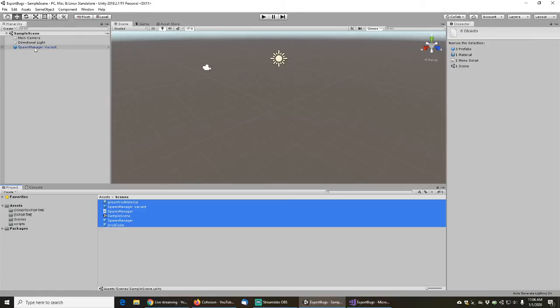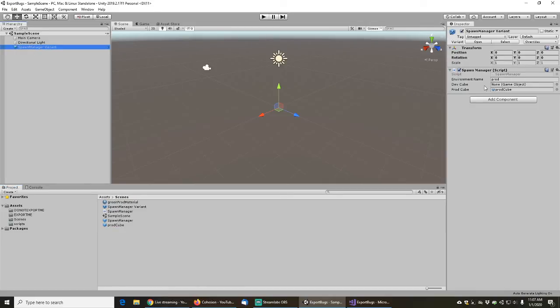So that's one way to get rid of it. Basically, what you end up having to do is bring that field back and actually resave the thing with no value in that field to pretty much get rid of it. Now, there's another way that you can do this as well, and it's really strange that it doesn't show up until you get there, but let me show you how we can do this. So we're going to go to DevCube here, we're going to apply this as an override in the spawn manager, we're going to save our scene here, then we are going to